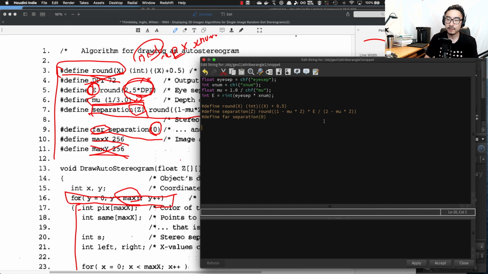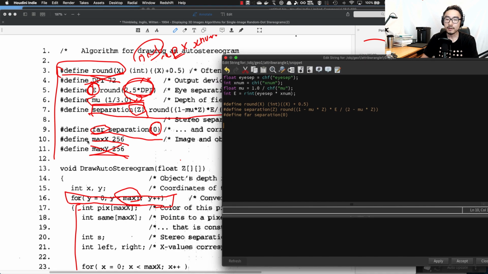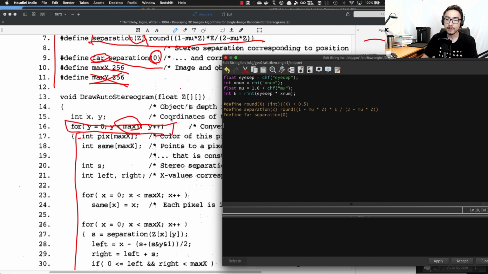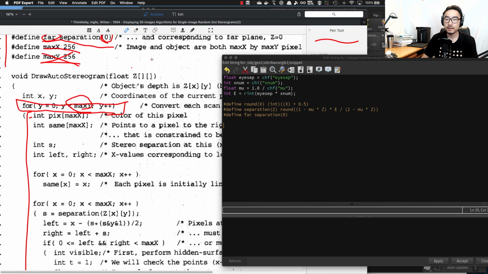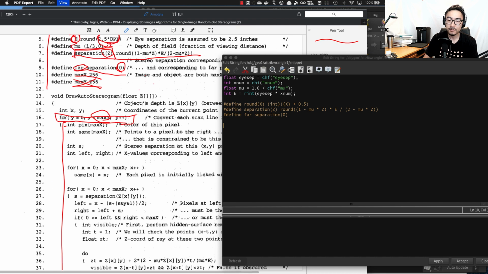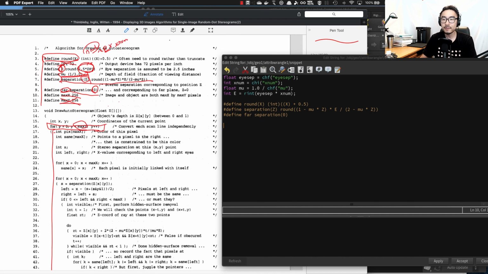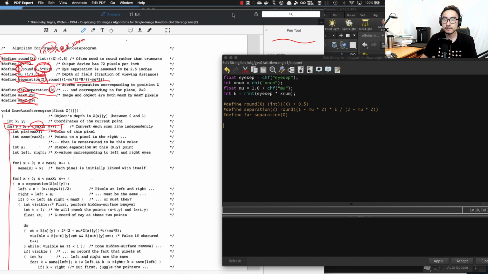And I don't actually need a max x and max y because I already have it. So let's start writing the code from here. Okay. Now let's make the size a little bit smaller. Okay. Now